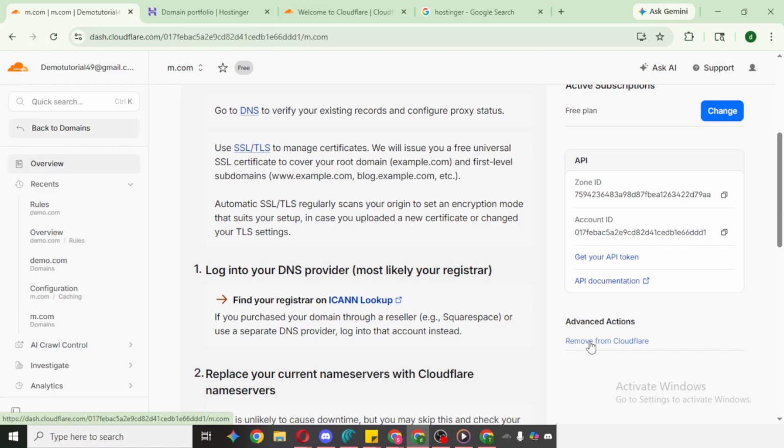That's all there is to the process itself. Open your Cloudflare account, select the correct domain, and in Advanced Actions choose Remove from Cloudflare. After the removal completes, the domain will no longer use Cloudflare's DNS or protection services. If you plan to manage DNS elsewhere, make sure your alternative setup is ready so you can maintain continuity. And if you're coordinating with a team, communicate the change so application owners and support staff know what to expect.